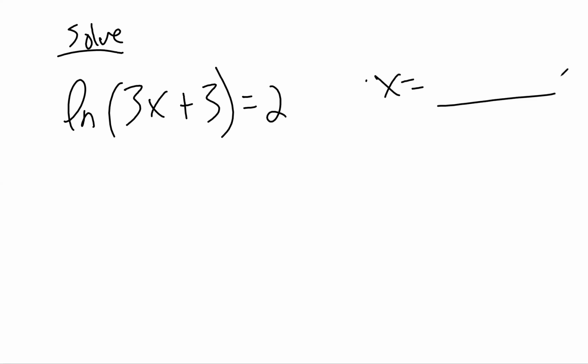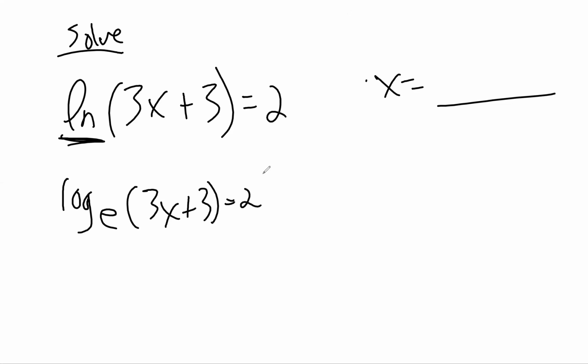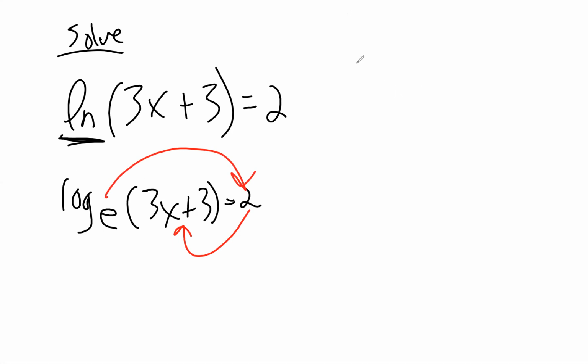In this particular problem, we know that we have it in log form because we see the ln, which means a log of some sort, but we don't have anything down here, so we can't draw our arrows. So when I have the ln, that's actually log base what? e. And the rest, 3x plus 3 equals 2, hasn't changed. Now I have a base, and I can draw my arrows. What I'll come up with is e squared equals 3x plus 3.